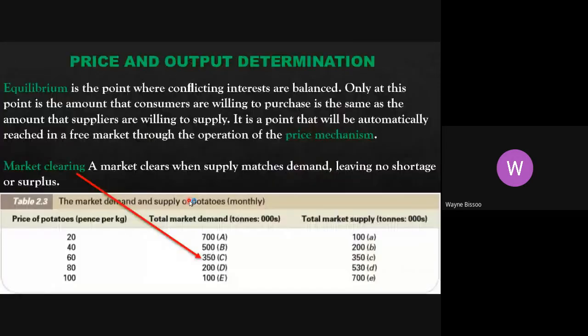All right, prices and output determination. So when we bring the two together, we end up in a market situation, and when the market is operating, we're looking for equilibrium. An equilibrium in a market is where the conflicting interests of